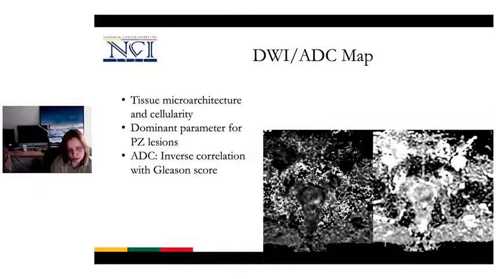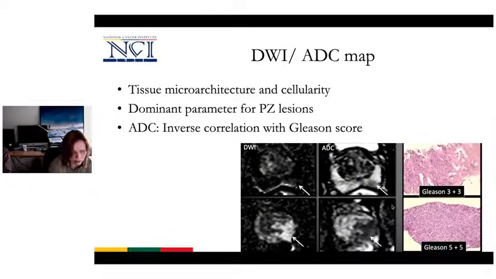So if we see a dark spot on ADC, then we can think that the cancer could be a high Gleason score. Like in these images, for example, the ADC is not so dark, and it's Gleason 3+3 in this case, and here we see a dark one, and this is Gleason 10. Not always, of course, do we have such a nice correlation, but a lot of publications say that it corresponds